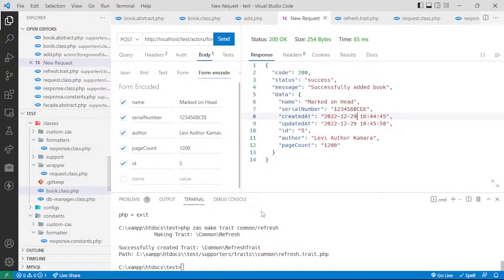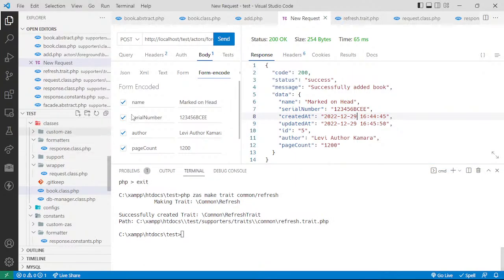Let's move into adding the remaining actors, so we know adding and updating take the same step. We don't need to worry about anything. Great. You can decide to make an update and just include add, right? But let's just make it for the sake of it, even though I don't need it. PHP ZAS. Now the update requires that the ID be set. The ID should not be empty. So we'll say PHP ZAS make actor. It's going to be